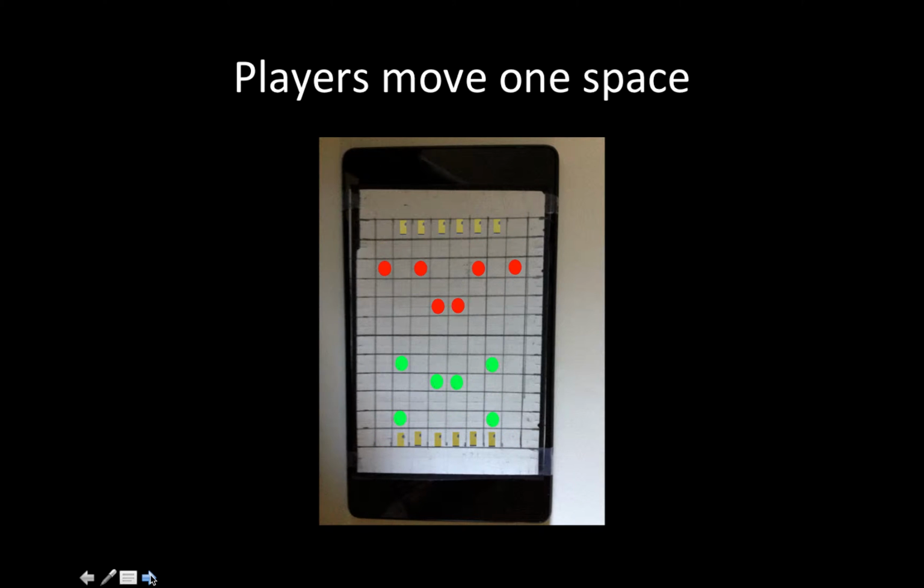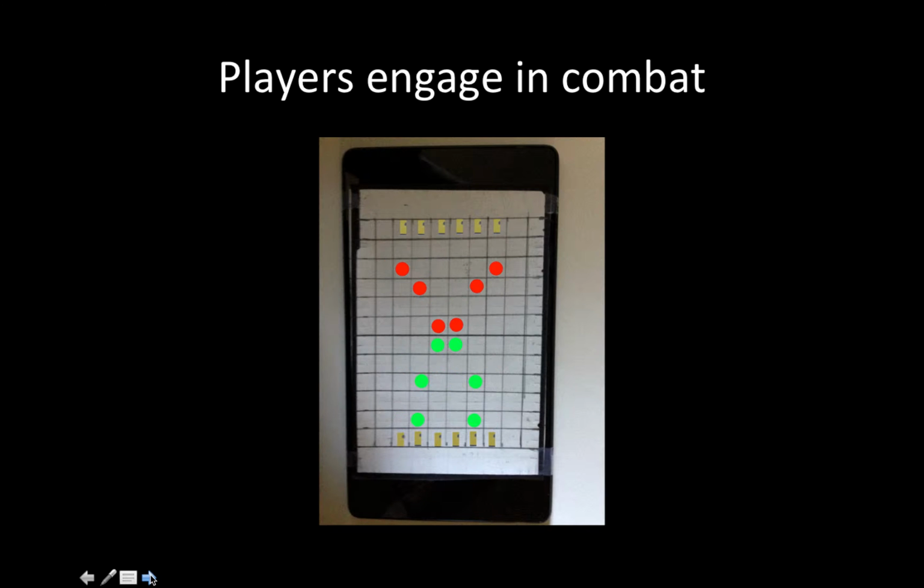And as you see, they all moved up that one space. From here, you can see that the 2 bottom ones in the green seem to be more protecting, whereas the red seem to be coming at a little more aggressively, kind of leaving their barrels behind. And as you see, you can meet up in the middle, and wherever you meet up and want to engage in conflict or combat,